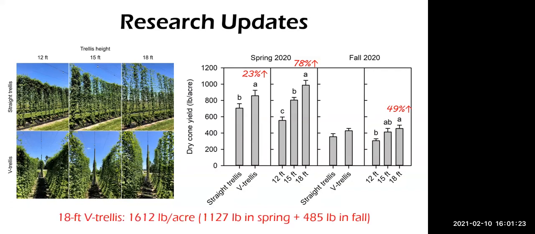18-foot bead trellis had the highest annual yield, 1,612 pounds per acre, which was about 90% of the average commercial yield in the Pacific Northwest. This year will be the second year for this trial, so we are expecting that the yield can be even higher. In addition, we are currently looking at the economics of each trellis design and conducting additional trials to optimize